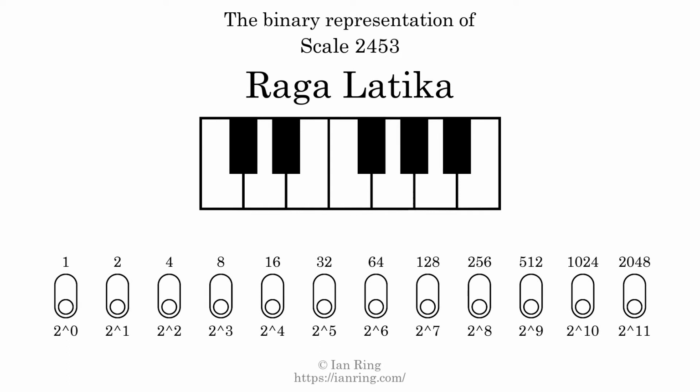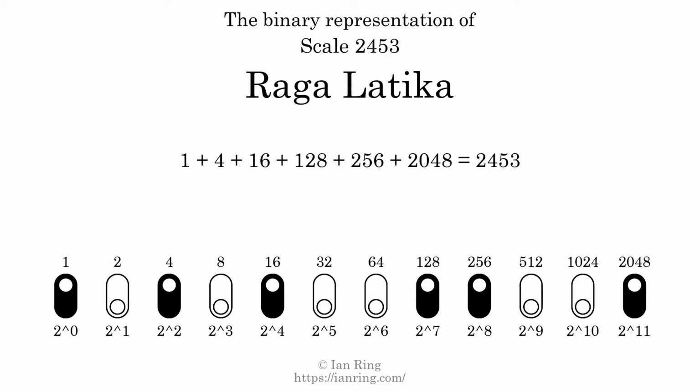The binary representation of this scale is determined by mapping tones of the scale to binary digits. Each binary digit represents a power of 2. To get the scale number, we add the powers of 2 together. The powers of 2 that are present in the scale, all added together, equals 2453. That is why the scale number, in decimal, is 2453. The scale number not only enumerates the scale with a unique index, but it also literally describes the tonal content of the scale. Represented as a binary number in base 2, the scale number is